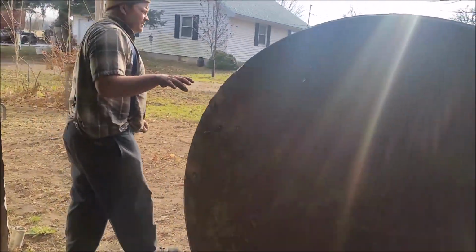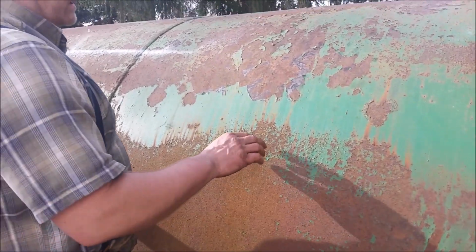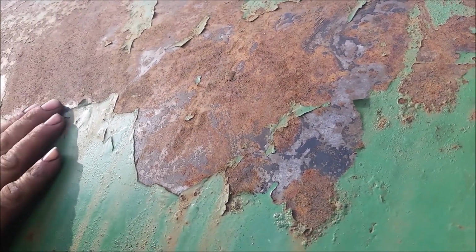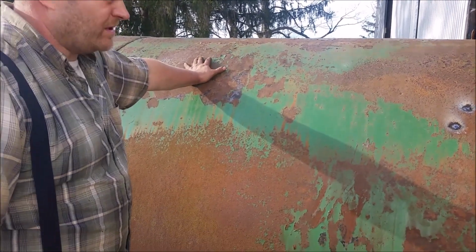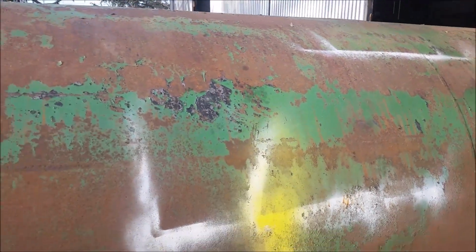I'll show you what happens. This is from touching the dirt where we had these, but if you look at the rest of it, this tank was sitting right on the ground right here. And this spot was untouched. That's bare metal that was under this paint from brand new. That's what happens when they get in the dirt. It just destroys them. It just perfectly ate through all smooth. Well, not ate. It's like welding. Static electricity from all this underground loss makes these little pits. It's not actually rusting so much as...